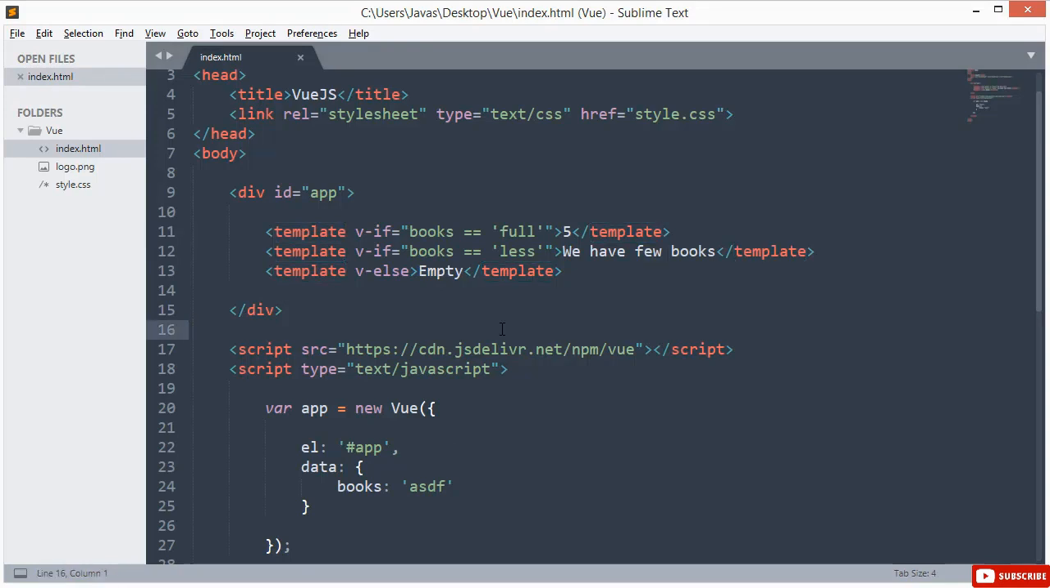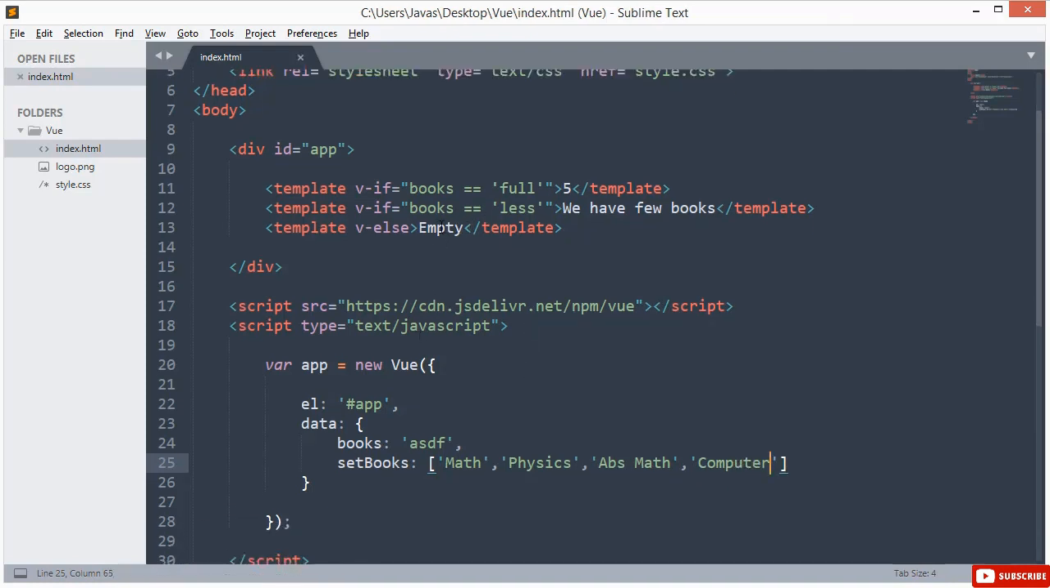Okay, now this time we will work with loops. Let me add a comma and say a collection of books, or we can say a set of books, and then we have an array which contains math, for instance physics, and other subjects like abstraction math and computer, just like that. And now, how can we use a loop? Now let's say for instance